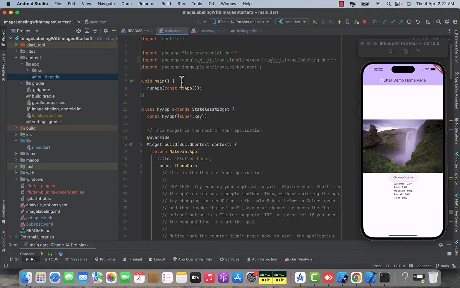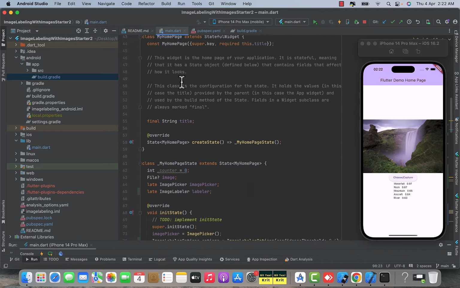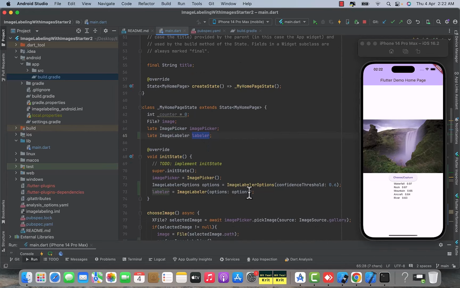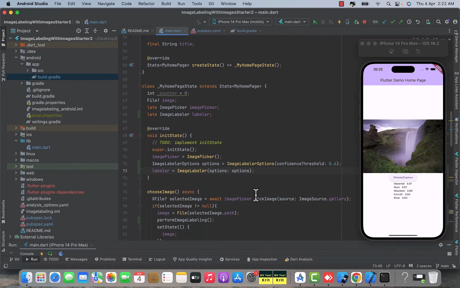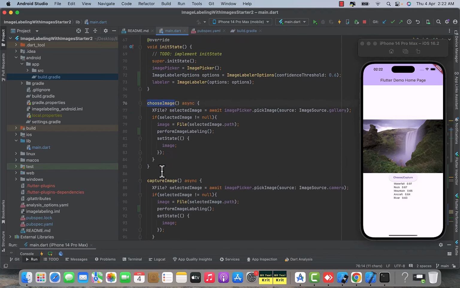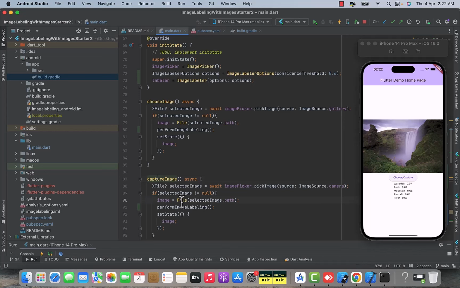After doing that, the next step was loading our model. So we created an image labeler object here, and then inside our init state we initialize that object. By initializing it, the default model of the MLKit image labeling library will be loaded. And now we can pass an input image to that model and get the output. For choosing or getting the images, we are using the image picker library. So each time the user chooses an image or captures it, after getting the image in the form of a file object,